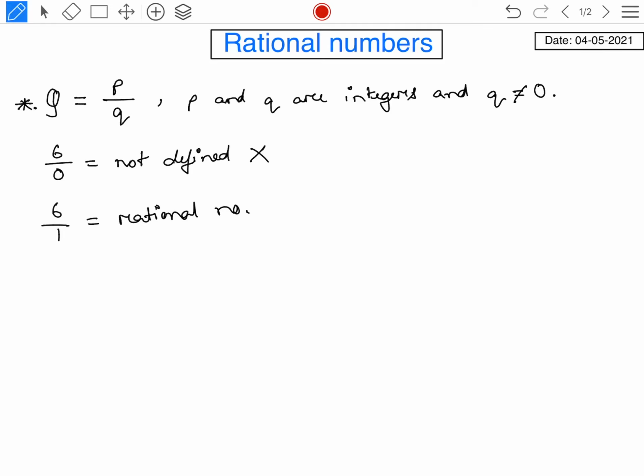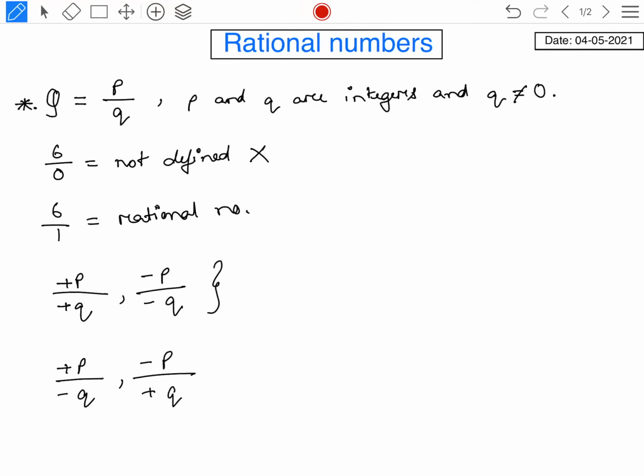Then we studied about positive and negative rational numbers. Positive rational number means if P is positive, then Q should also be positive. Okay? Or if P is negative, then Q should also be negative. That one was for positive rational number. And negative rational number means if P is positive, then Q should be negative. Or you can say if P is negative, then Q should be positive. If both P and Q are positive or both P and Q are negative, then they are known as positive rational